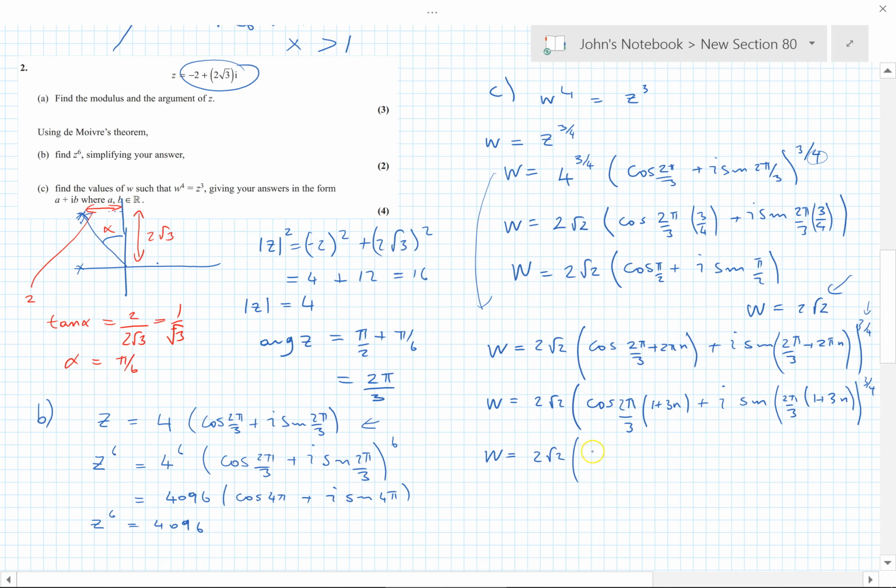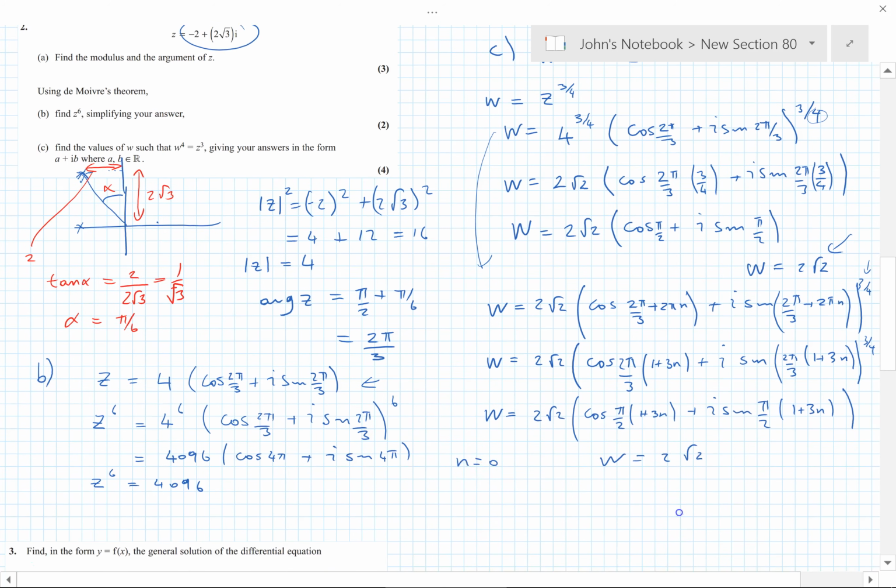So that makes it cos, and the 3 cancels, and then that's pi over 2, 1 plus 3n, plus I sine pi over 2, 1 plus 3n. Okay. And when n is 0, we just get w is equal to 2 to the square root of 2 as we had before. When n is 1, if we put 1 in there, we end up with w is equal to,